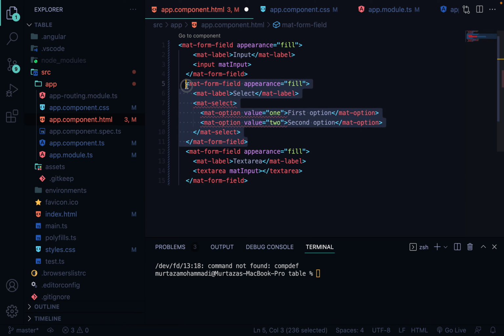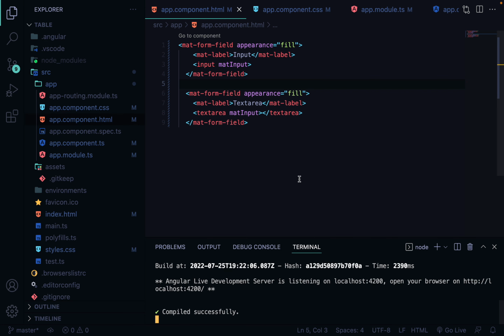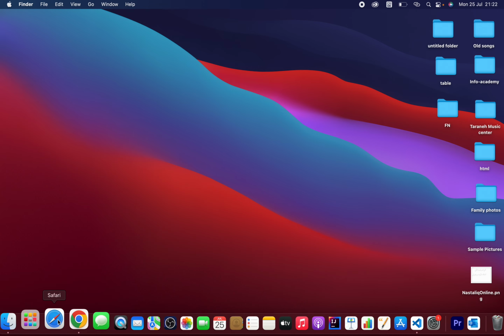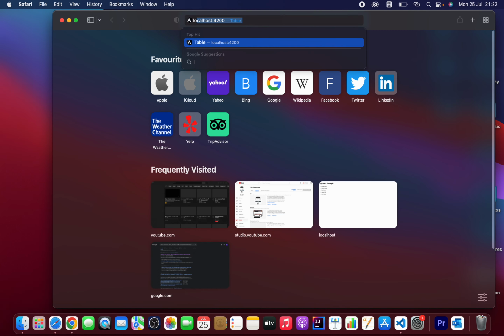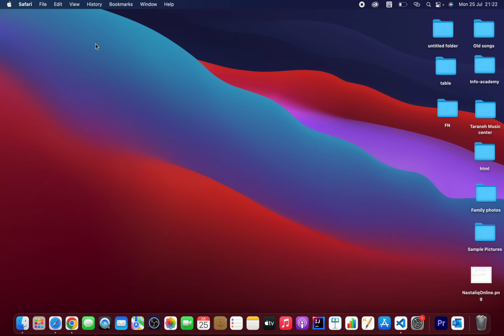Okay, remove this. Actually, let's run the ng serve. Okay, let's host the project, localhost. As you can see, this is the text field, this is the text area, and yeah, that's how you